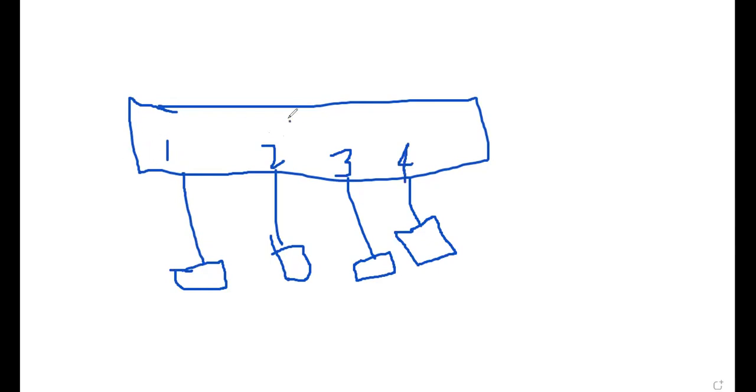This switch port will have one MAC address called the static MAC, and here you connected, let's say, a PC. This system will have one MAC address.